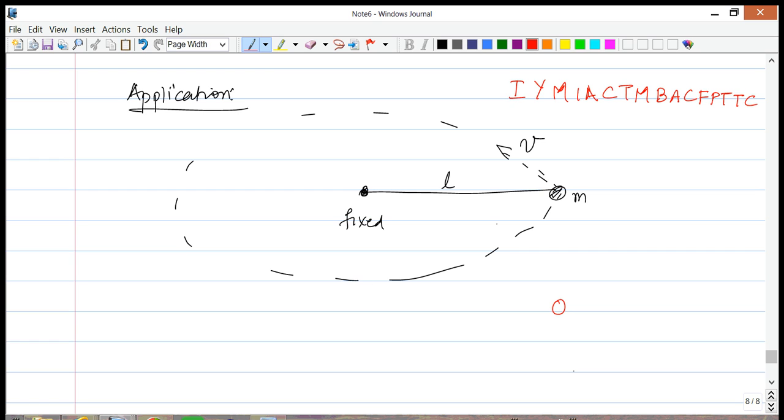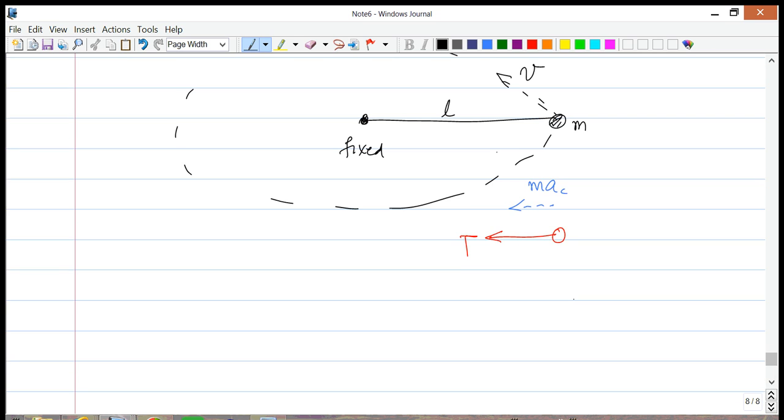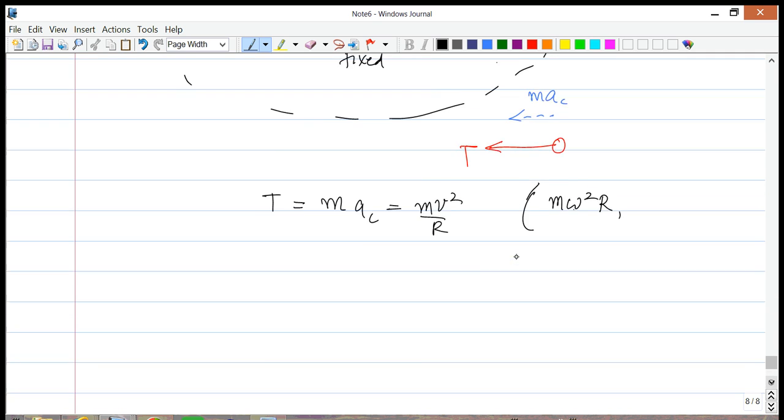In this case, since there are no other forces acting, there is some pull inward, which is nothing but the tension in the string. Since there is nothing else, the resultant force is simply equal to m times a sub c. So the centripetal force is simply the tension, and it is equal to mass times the acceleration, which is m v squared over r. It could also be equal to m omega squared times r if instead of v you've been given omega. And there's one more way of writing this.